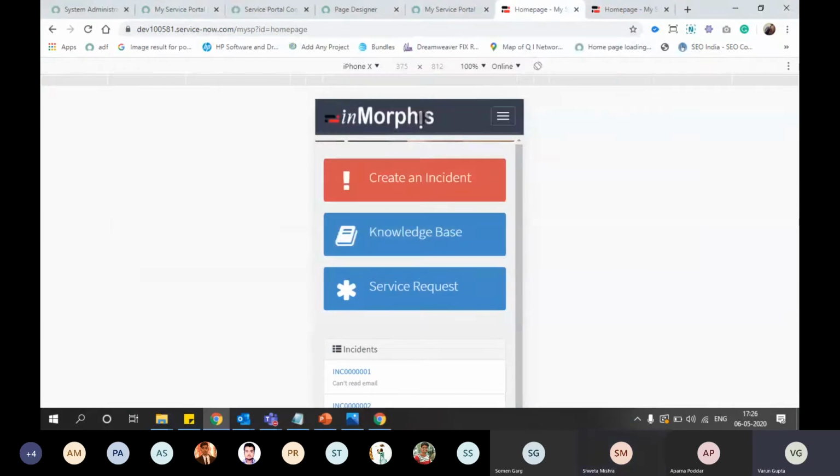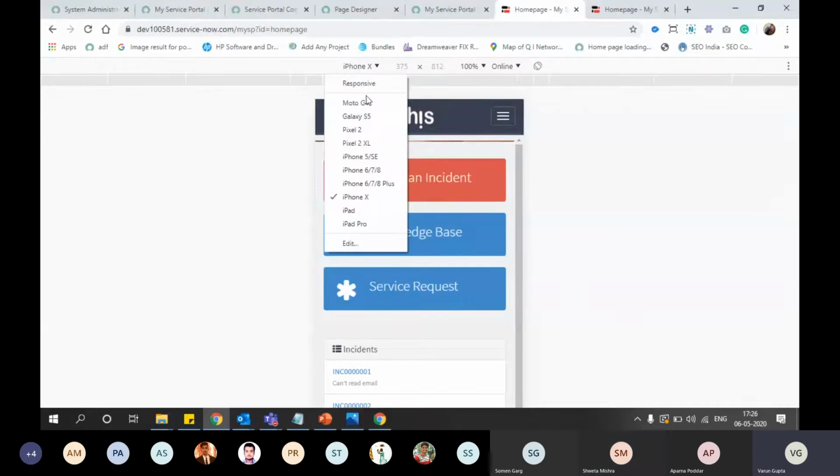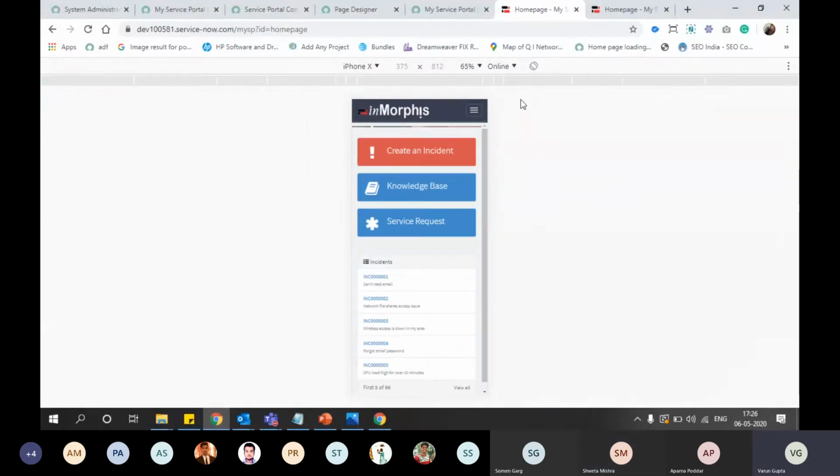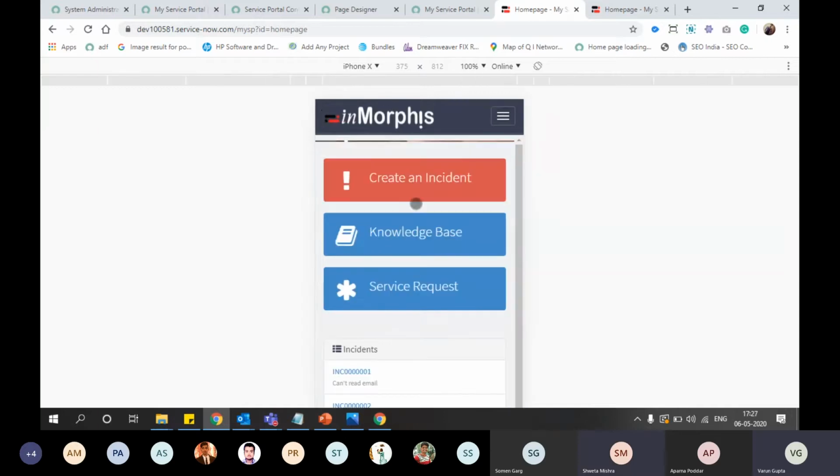You can check the responsive view. Here we have some options, like some of the phones. Right now we are previewing in iPhone X. So it changes by itself? No, we are just previewing this.